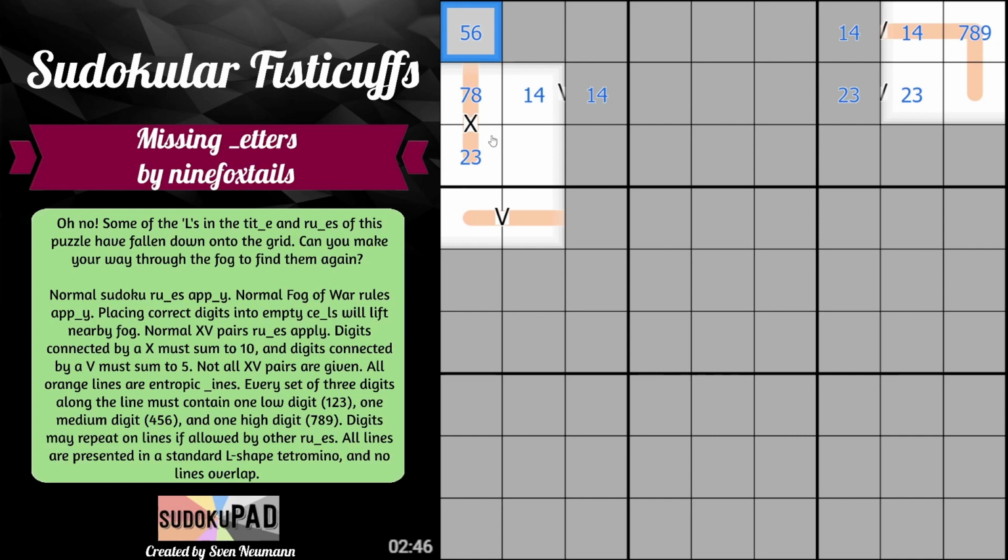And then, oh, and again, sorry, this is going to be a 1, 4 because it's on an entropic line. So this is a 1, 4. So you have low, low, medium, or medium, low, whichever. But this is going to be a high. So this is going to be a 7, 8, 9. And then, oh, wait, there we go. We know, sorry, we know the order. 1, 4, 2, 3. Because so 1, 4, 2, 3,